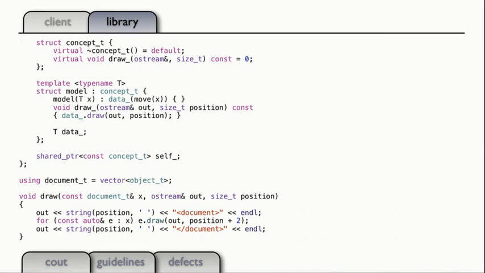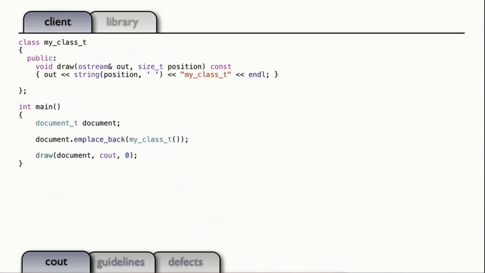Now here's how we go ahead and we just have back to our vector of objects. And we go back to the old draw function that just draws our objects. So now we can write a piece of code that looks like this, where we create our class, and it's got a draw function, and we put it back, and just as in Bjarne's example with the, I think he called them gadgets, I don't have to new my object.